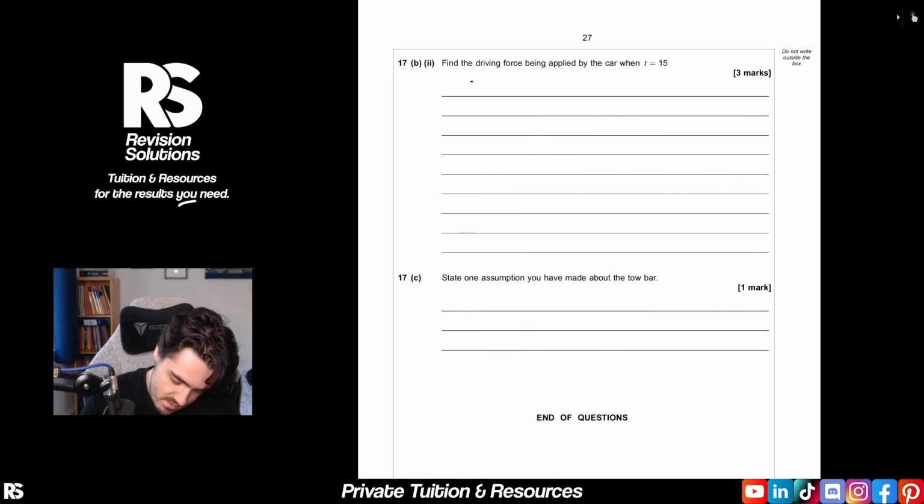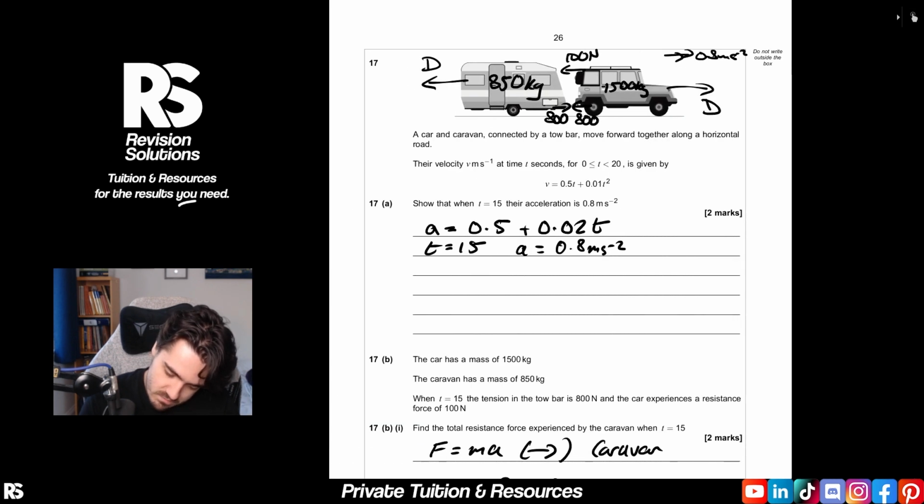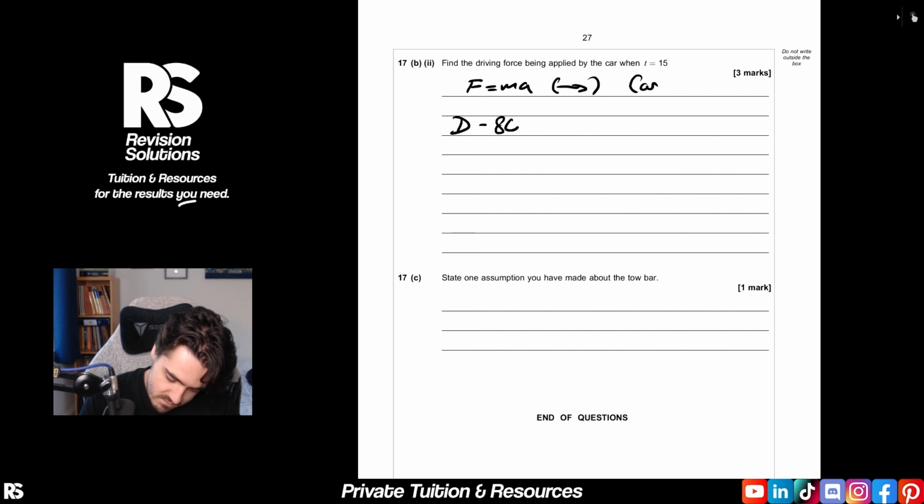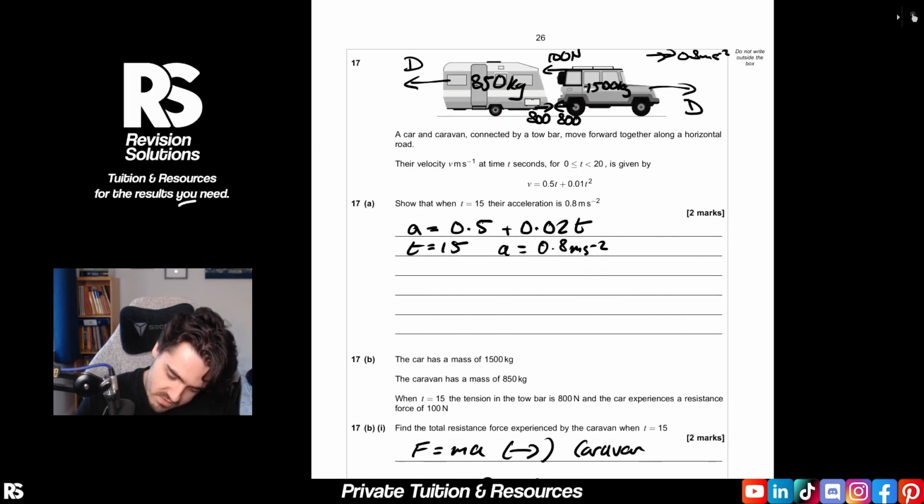Just doing F equals ma going to the right for the car, we've got the driving force going to the right. We need to take away the 800 from the tension and the 100 they mentioned from the resistance acting on the car. So minus the 800 from the tow bar, minus the 100 drag force. Then we equate that to the mass of the car, which was 1,500,